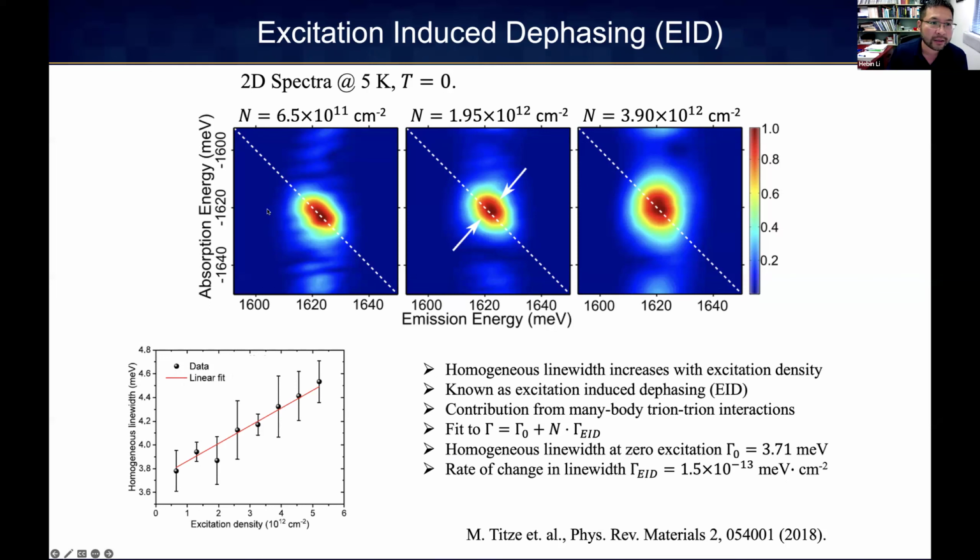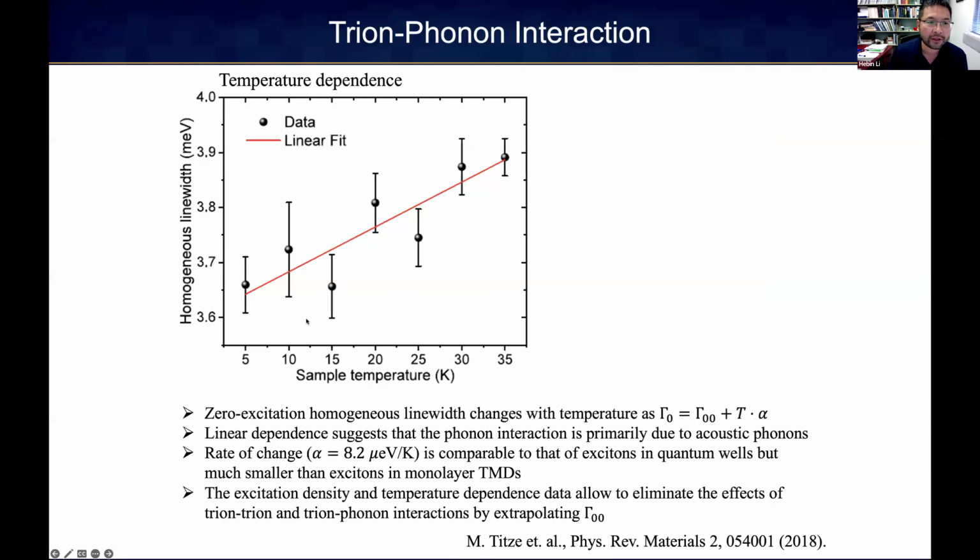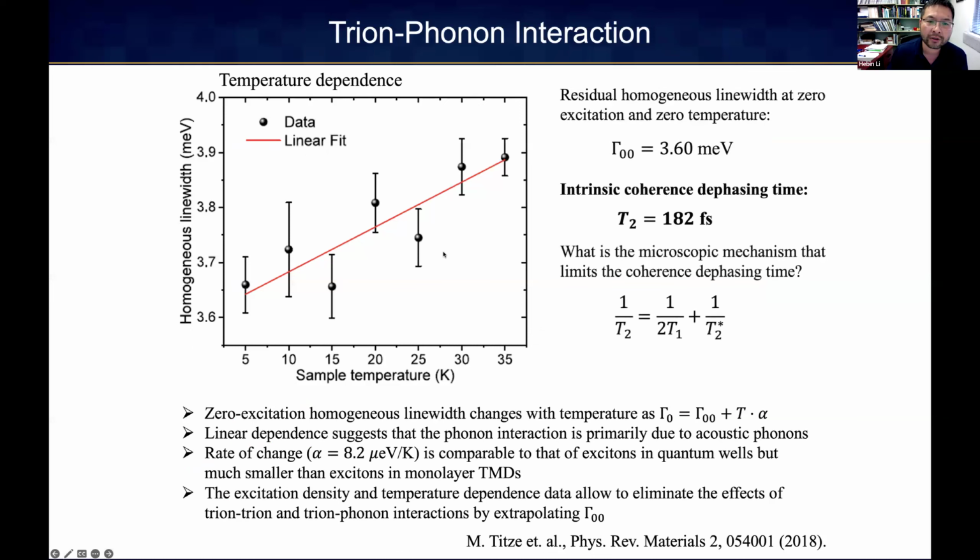And then that is done at 5 kelvins. And then we can do the same thing, extract the zero power homogeneous linewidth at different temperatures. And then by extrapolating from this data set, you will be able to find out the intrinsic homogeneous linewidth at zero excitation power and at zero temperature, which will be quite useful for understanding